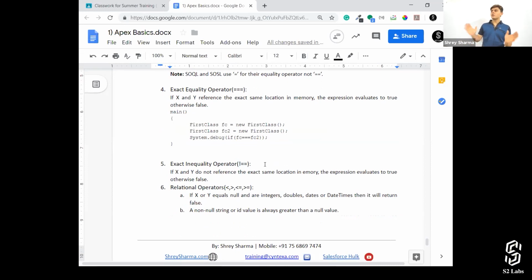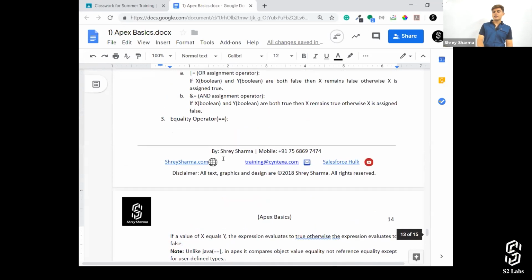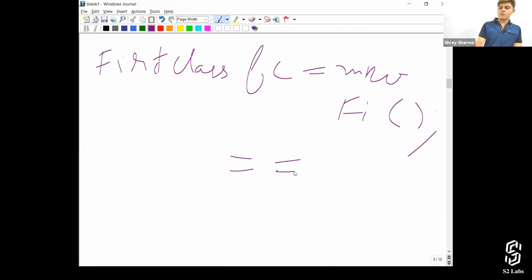If they both are not referencing the same location, then it is true, and if both are referencing the same location, then it is false. It's just a negation of triple equals to, right? And similarly, we have not equals to over here as well with double equals to. Instead of writing double equals to, we can write this as well as not equals to.